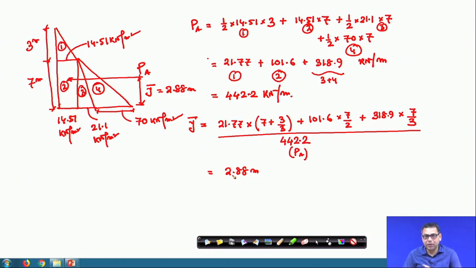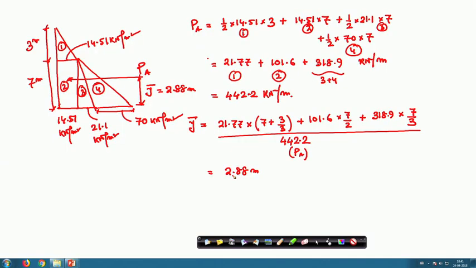That is why when you design a retaining wall, you always try to avoid this water. We will make such arrangements that we can avoid water, because water will increase the force by a significant amount, as you can see. Now the next problem that I will solve is case 3.